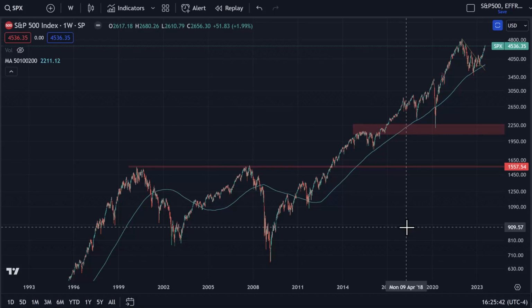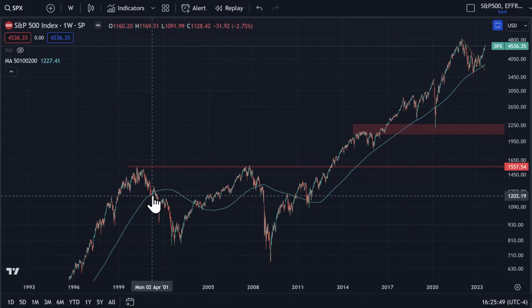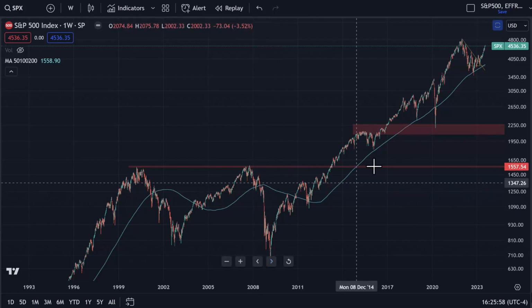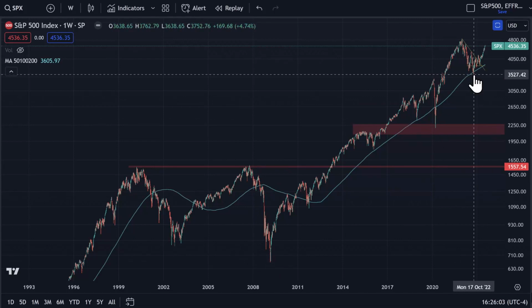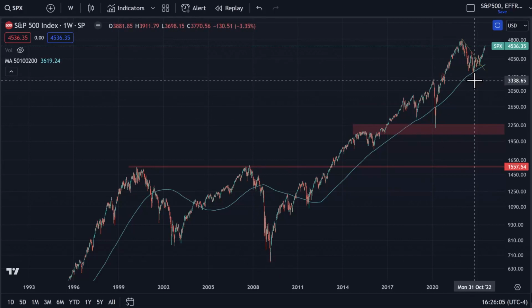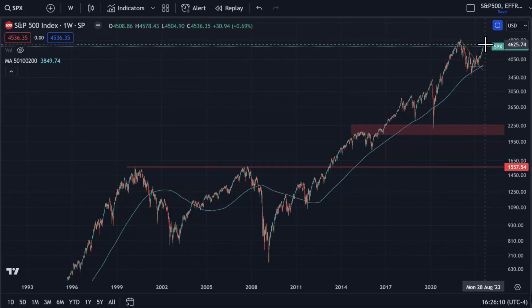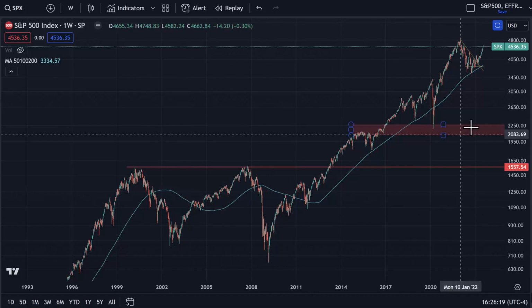The only time the stock market dropped significantly below the 200-day moving average was during the 2000 dot-com bubble and that crash, the 2008 financial crash, COVID briefly, and we haven't really even gone there. This is just another clue to me that we have a long ways to go before we're done. Now, it's not to say that we're not going to rally, we're not going to double top or make new all-time highs, but to think that we are not going to see one of these massive crashes, to me, is